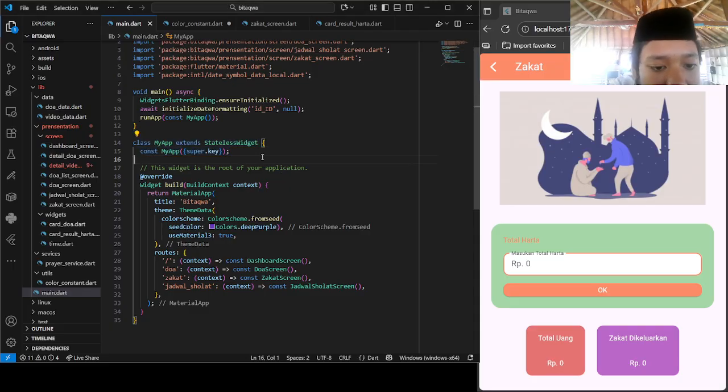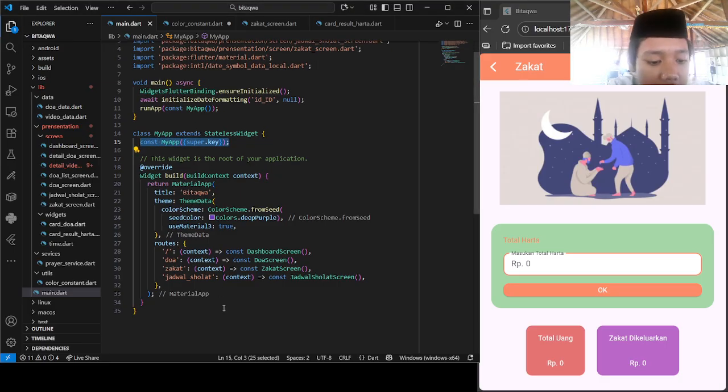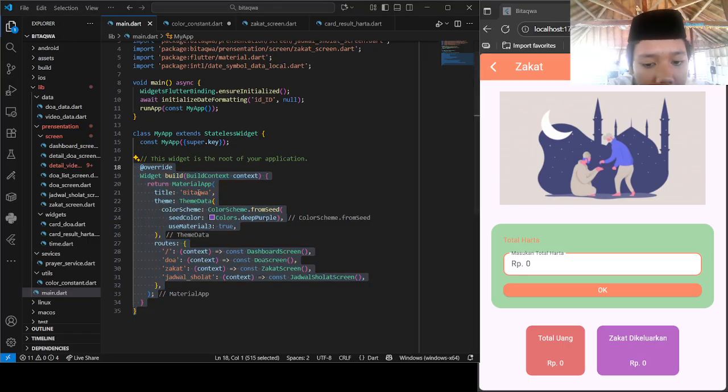And then this is for the constructor. And then this, Widget build BuildContext. The function of build is to make a preview of the UI like this.